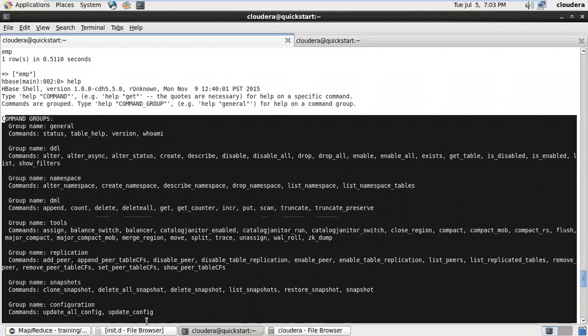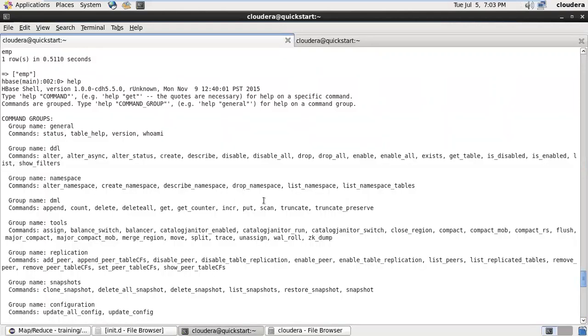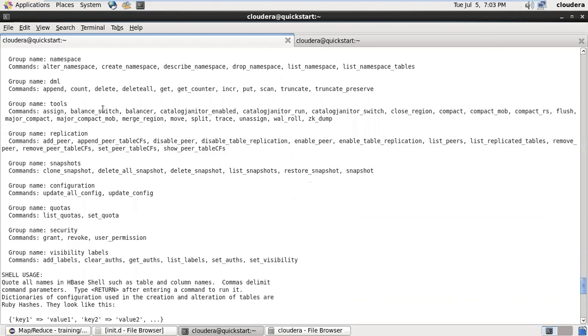You don't have plenty of commands here. Let's see some of them. And if you don't know the syntax also, that's fine. You can get the help of those commands here directly. Let's say if I need to play with create namespace first,